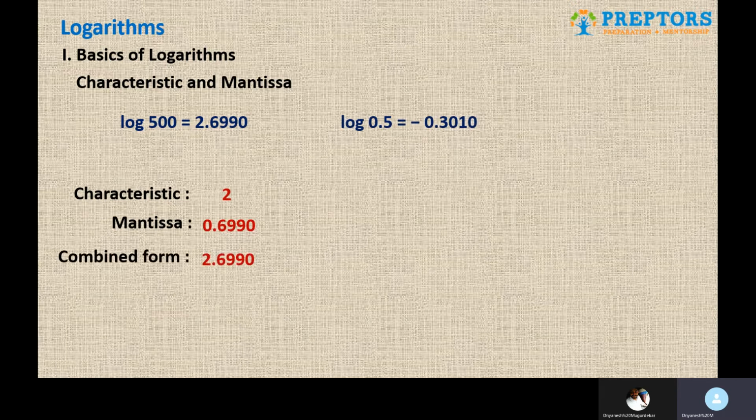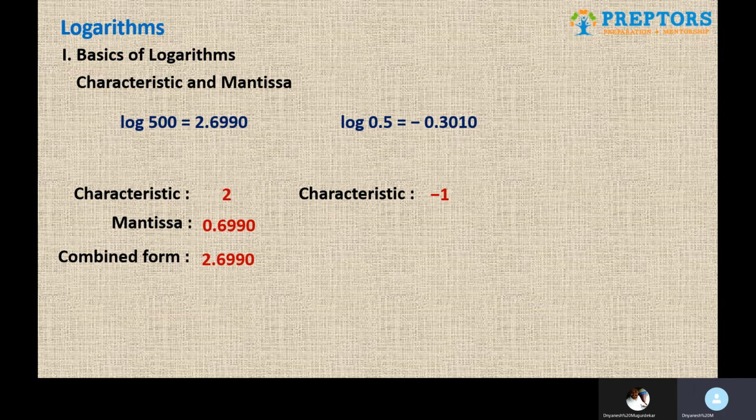Similarly, suppose there is a negative number. So sometimes what might happen is you take a log of a certain value and it turns out to be negative, which is log of 0.5, which is minus 0.3010. In this case, obviously now you cannot say that characteristic is minus 0 because that is an incorrect way of representation. So always remember, whenever you go on a negative side, always increase it by 1. So because it is minus 0 point something, you take the characteristic as minus 1. If the log answer would have been minus 2 point something, we would have taken the characteristic as minus 3. You decrease it by 1 further.